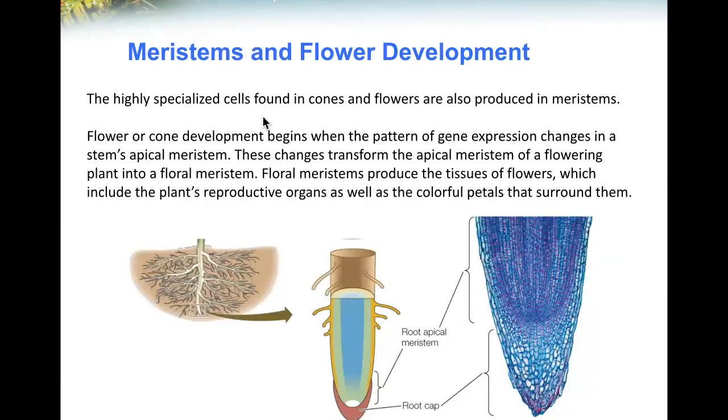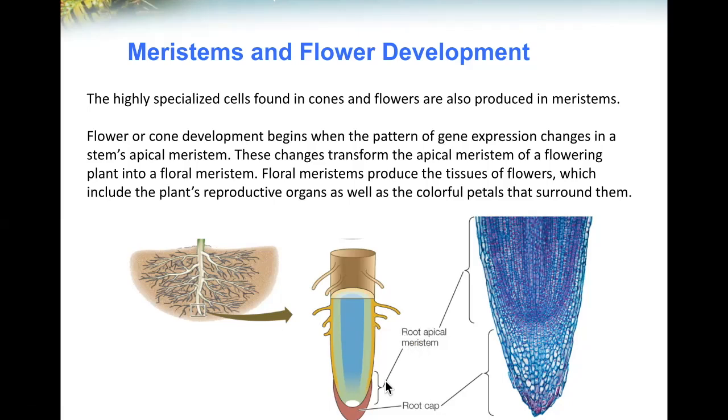The highly specialized cells found in cones and flowers are also produced in meristems. Flower or cone development begins when the pattern of gene expression changes in a stem's apical meristem. These changes transform the apical meristem of a flowering plant into a floral meristem. Floral meristems produce the tissues of flowers, which include the plant's reproductive organs, as well as the colorful petals that surround them. So for roots,